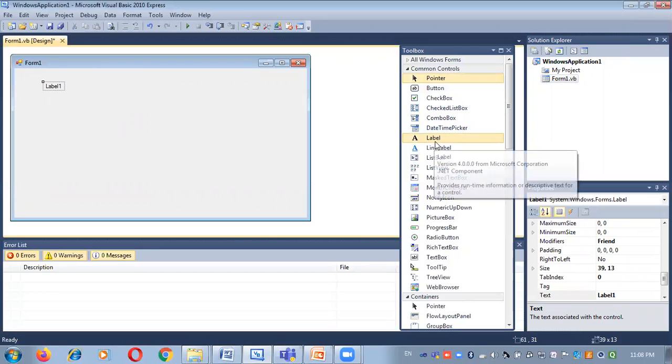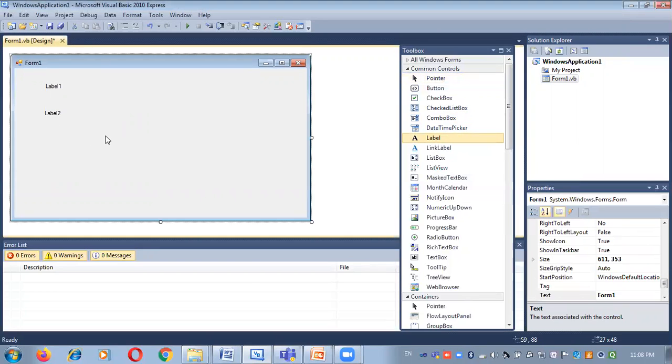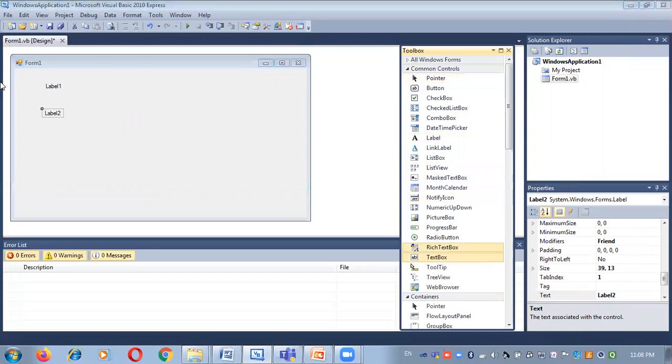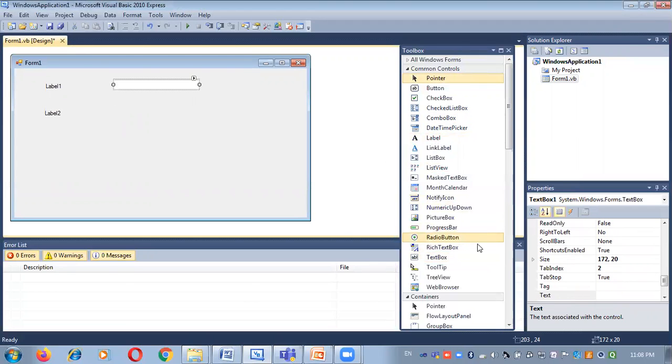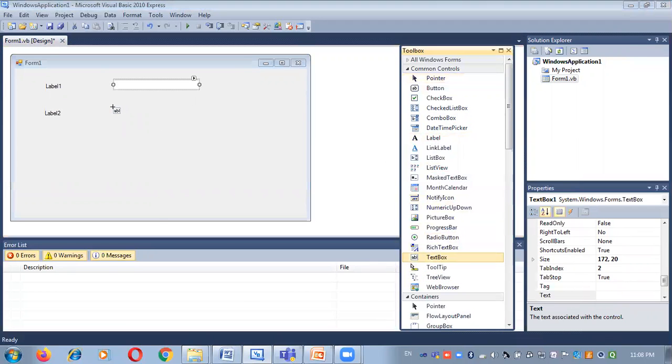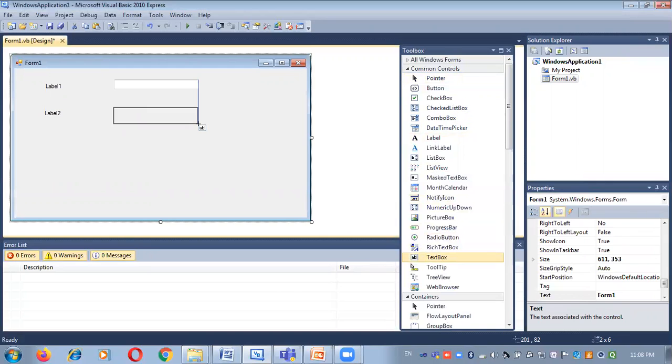For that, here I have considered a label, then a text box to display value. The default property of label is caption and the default property of text box is text, and one command button.